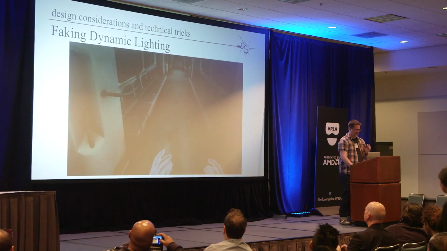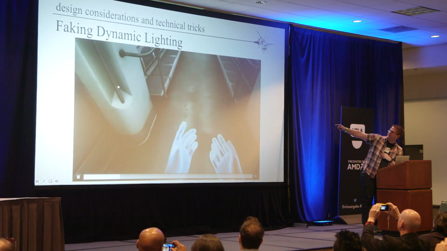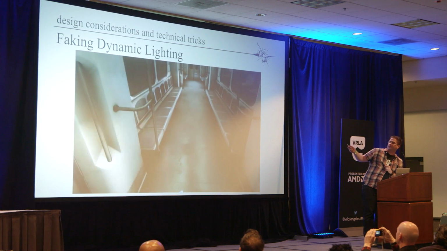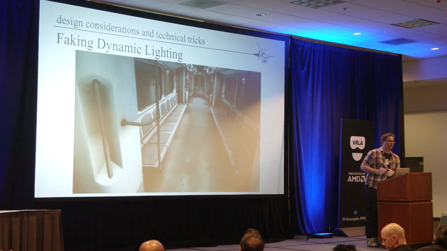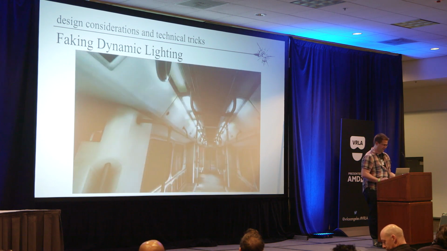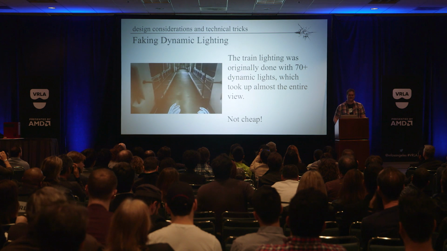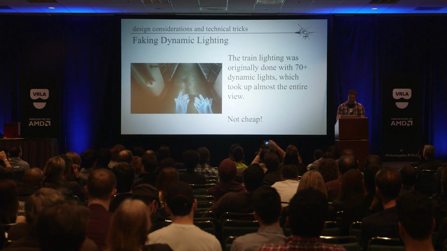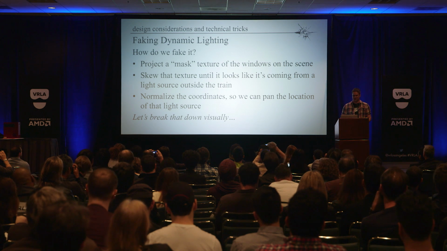And I'll show you one last trick since we're running out of time, and then I'll open it up for questions. So if I can get it to play. The dynamic lights in the subway, as you enter and you're in a subway train, and to get that sense of motion, these lights on the ground were super, super important. And originally they did that with 77 dynamic lights, which was a little costly for the scene to run at 90 frames a second. So what we ended up doing was kind of fake it by using a mask texture.